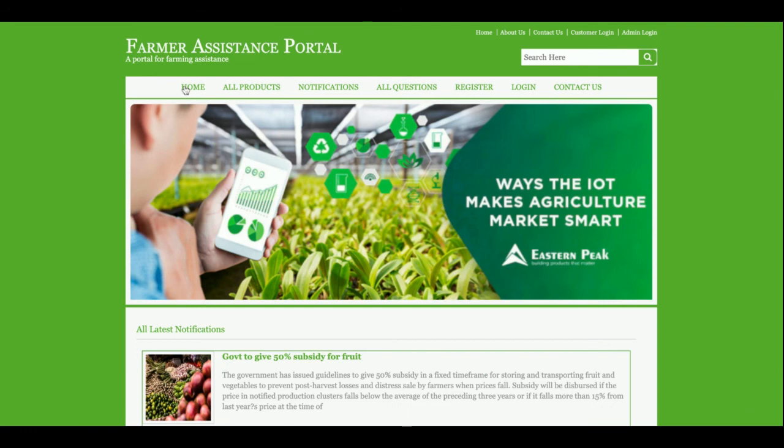So all these functionalities I have developed inside this project, customer assistance portal. And as I told you earlier, this is a major project which has four login systems, and I have developed this project in Java, JSP, and MySQL. If you need more functionality in this project, just put it in the comments. I will incorporate those changes. I will make this project better and better according to your requirements.